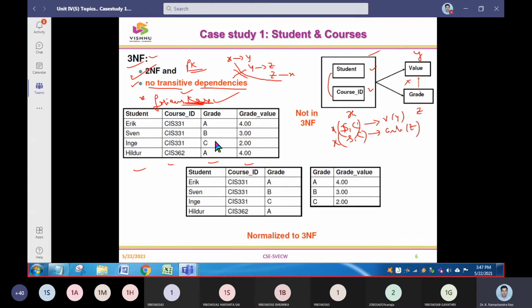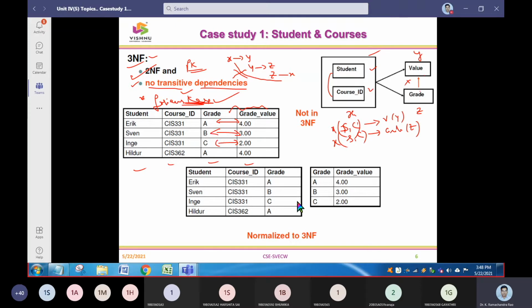Now you are aware that grade point and grade are related. If you get 90 above, you say you got O grade. If you get 80 above, you say you got B grade. So it is related. Grade and grade point are related, but both can't be fitted to student and course. Any one is there, that is a given.